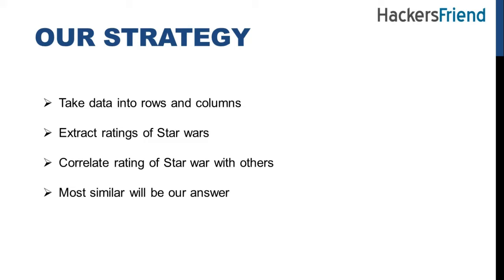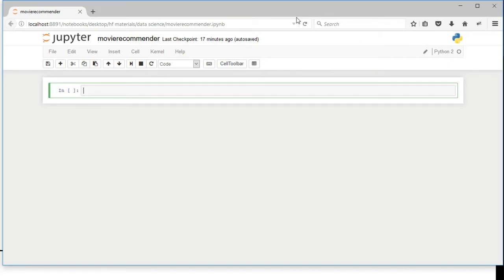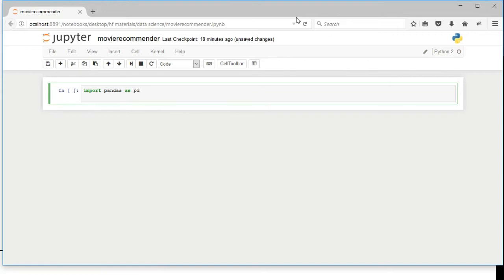So let's write some code and implement this strategy and see what we are getting in result. Let's import pandas first to take data into format of rows and columns. So import pandas, we will call it pd for short, then we will take a variable with name r columns, and this variable will contain